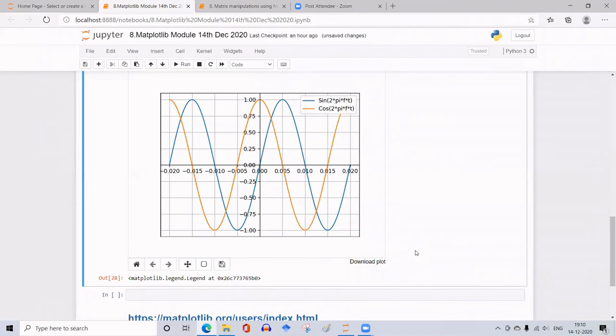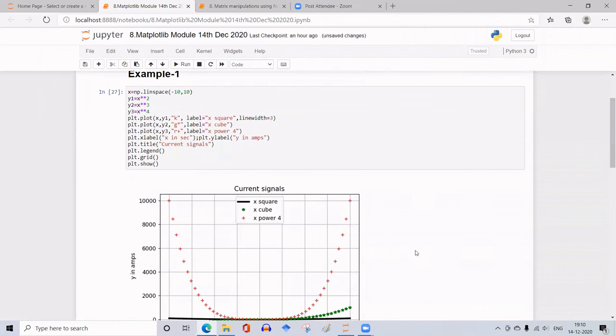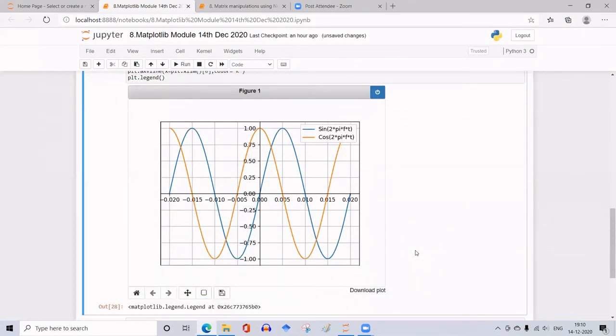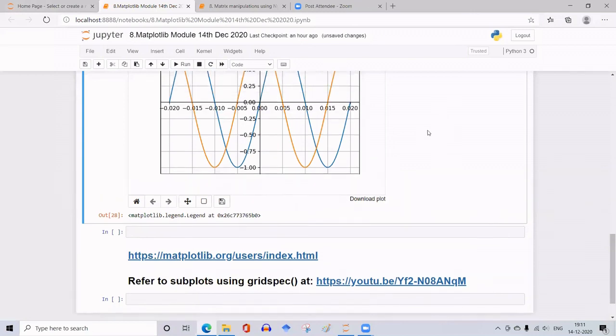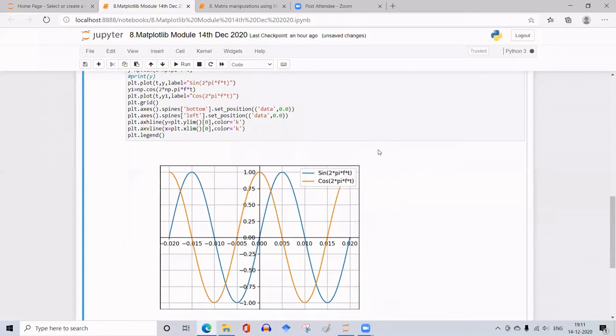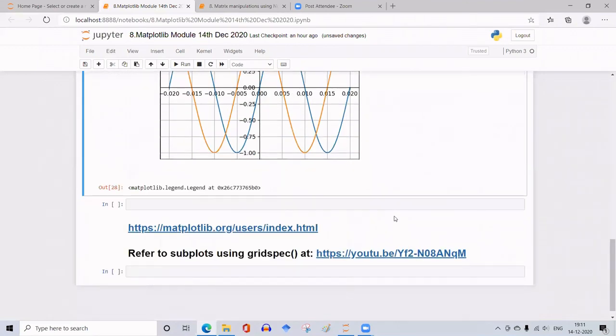So that is about matplotlib, what little basics you need to apply it to signals and systems. For further functionality, you can have multiple graphs in a single page by using subplots or using grid specifications.